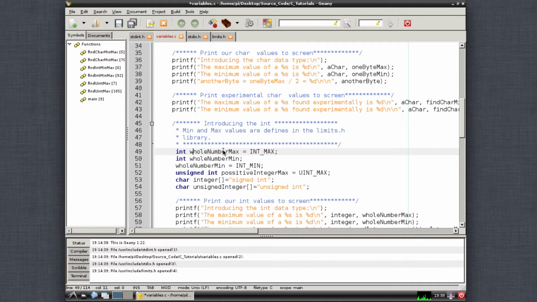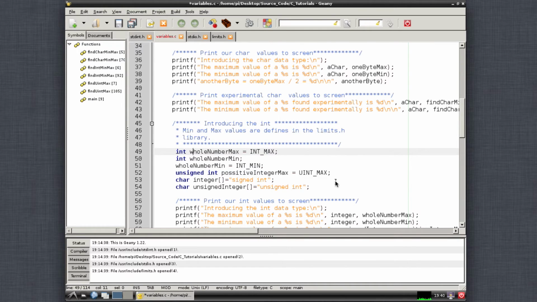If we want to just use positive numbers, we can use an unsigned int. So I'm calling this unsigned int positive integer max. The reason why we might want to use an unsigned instead of a signed is that the maximum value can be twice as big. If we have negative numbers, half of the numbers are going to be negative, half are going to be positive. We can only have so many values, so the maximum value is lower than for an unsigned variable type. So there we have 3 different